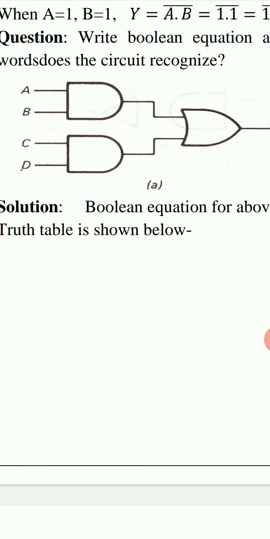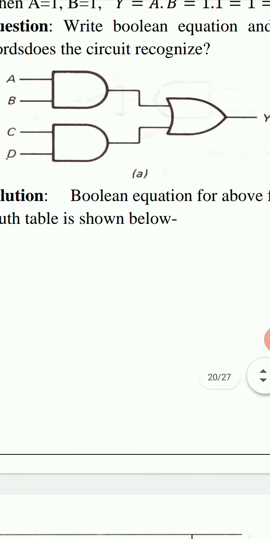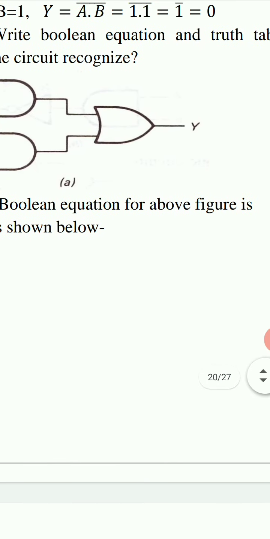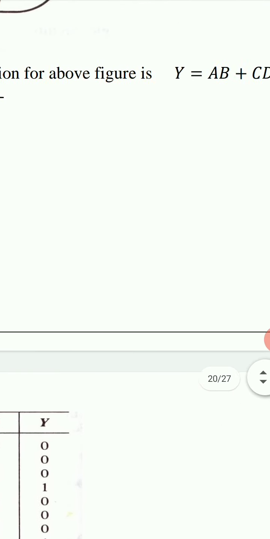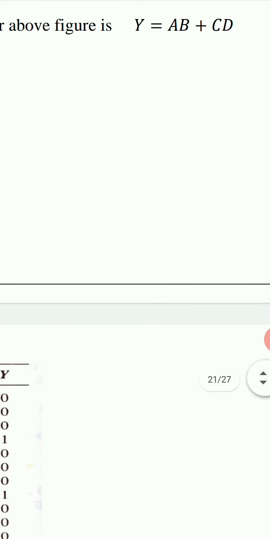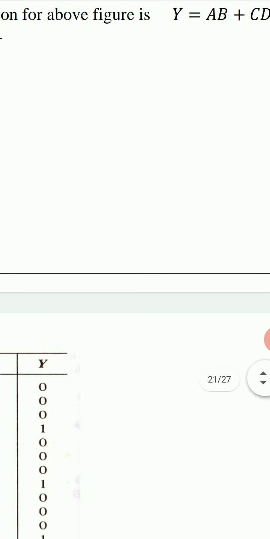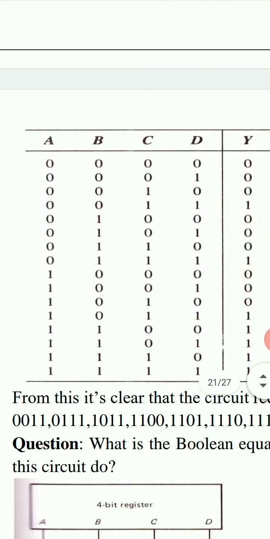We can write A dot B as AB and C dot D as CD. So the output of this logic circuit is Y equal to AB plus CD. We can make a truth table for this circuit. We have four variables A, B, C, D,